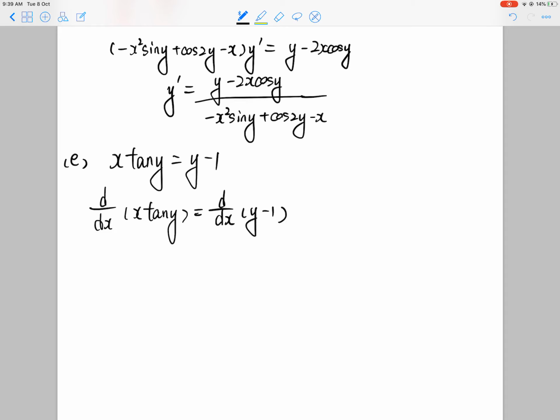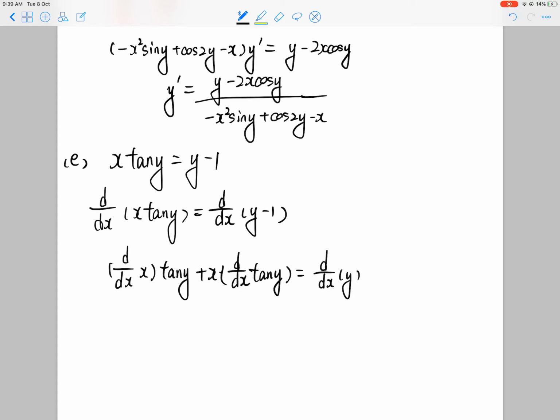Okay, so this part, the derivative is d over dx of x, times tangent y, plus x times d over dx of tangent y, equals d over dx of y minus d over dx of 1. So this part, d over dx of x is just 1 times tangent y, plus x times